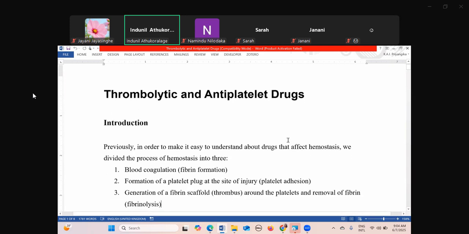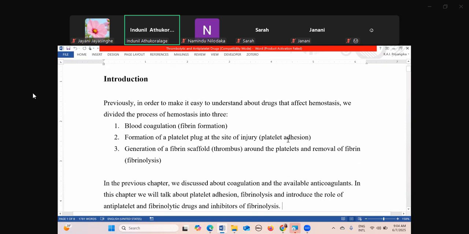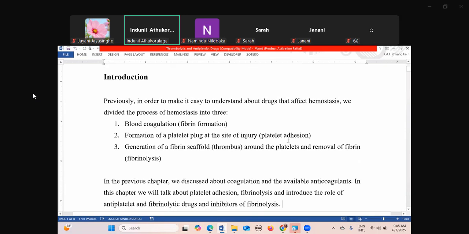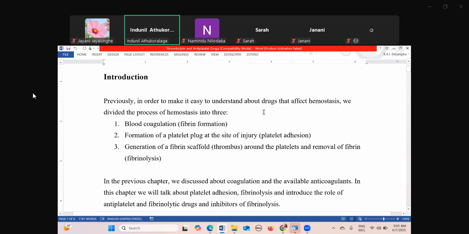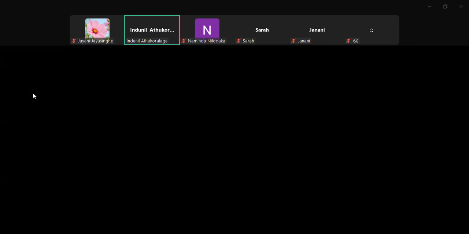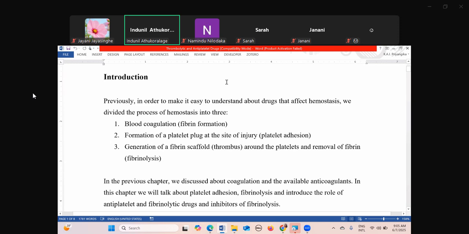Previously, in order to make it easy to understand drugs that affect hemostasis, we divided the process of hemostasis into three. Right? If you can remember, when we studied hemostasis, we divided it. Actually in our body, they don't have these divided, separated things. For us to understand better, for us to make it easier, we divided this